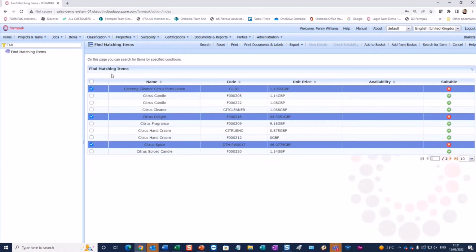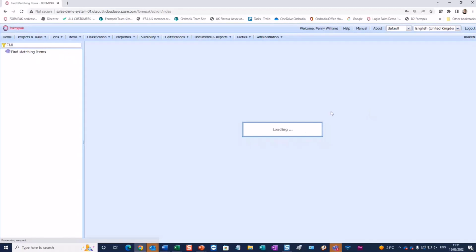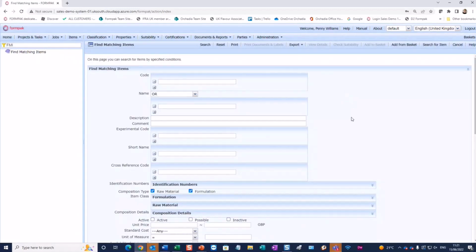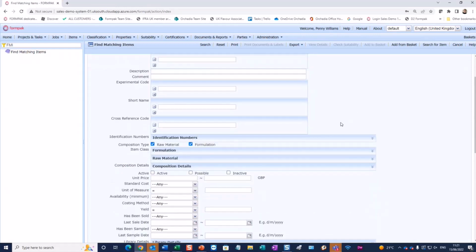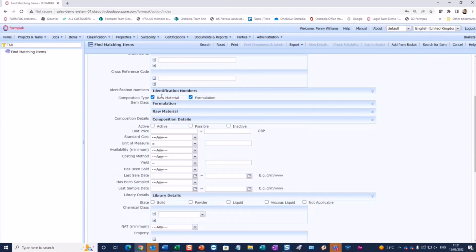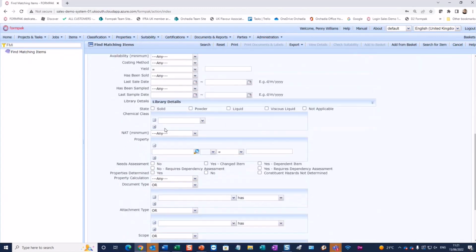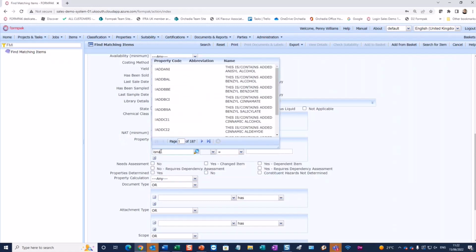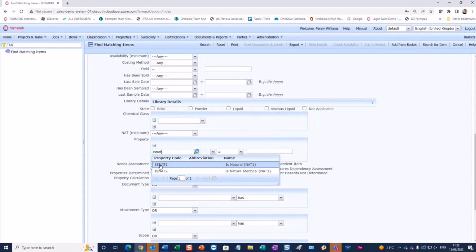So then we also have some other kinds of searches that we can do. So if I again reset. We can do, for example, minimum % natural. So we scroll and again, we look at formulations. There's actually a special property for it here that is the minimum overall, but I'm going to use the isNat one. For people who were in the previous session, hopefully this is familiar. So isNat one,